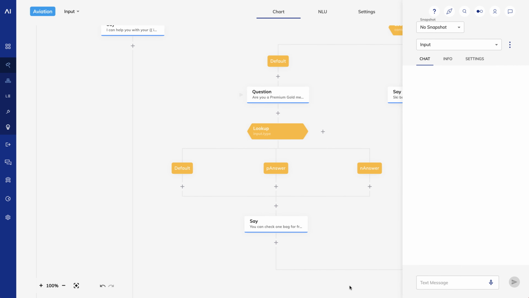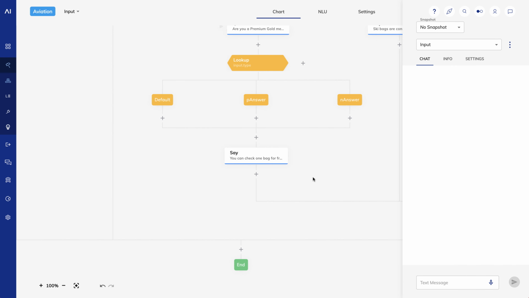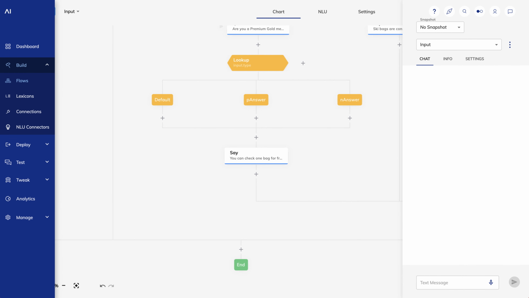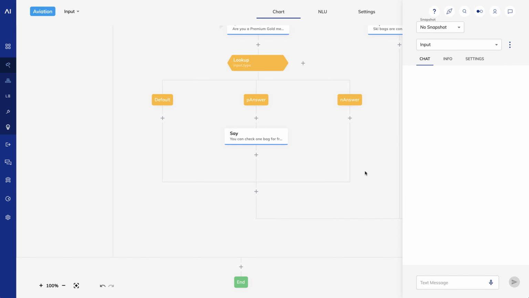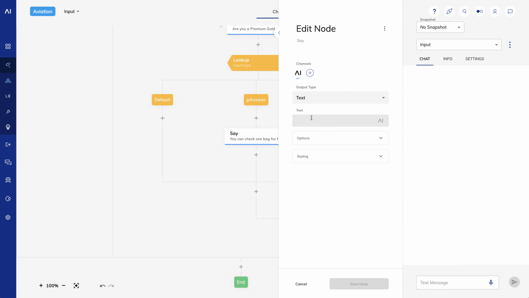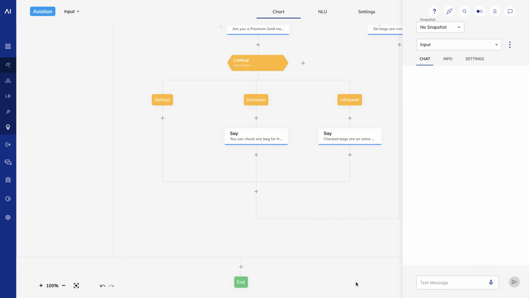If the user is a Premium Gold member, I'll tell them they can check a bag for free. So I'll just drag my say node under the p-answer node. Under the n-answer node, I'll add a say node that says, checked bags are an extra $50 each. And if they say something other than a positive or negative answer, I'll tell them to please log on to the portal to check your membership status.